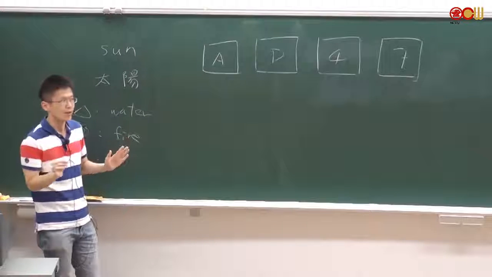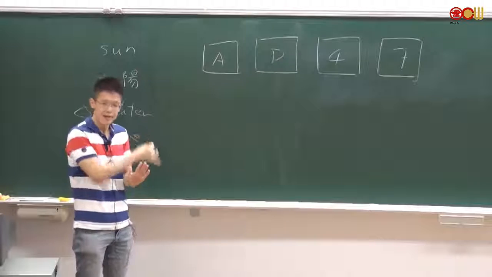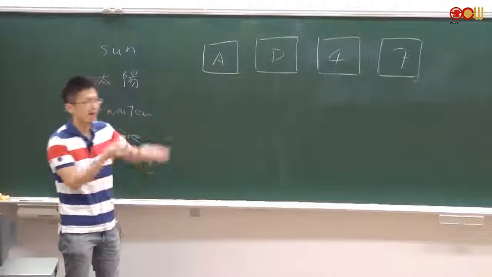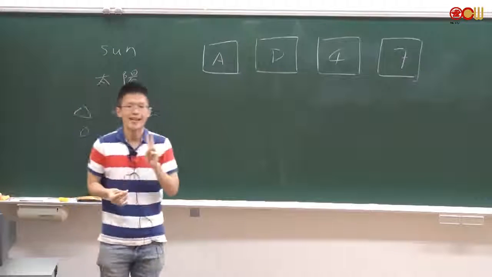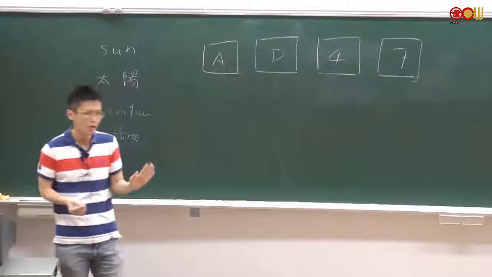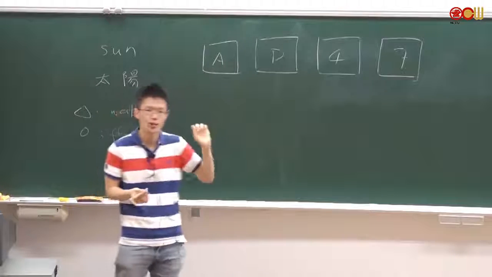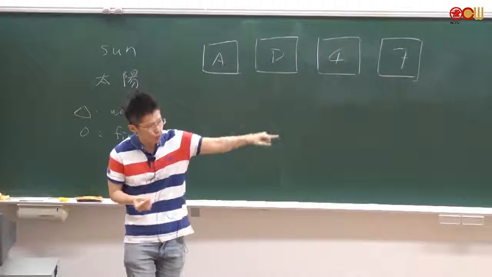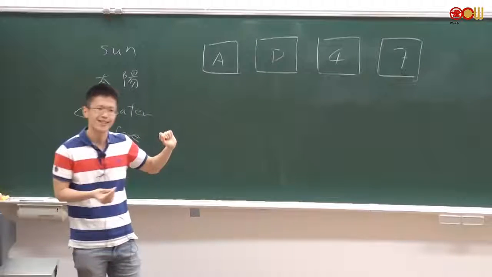So the rule is, if a card has a vowel on one side, it has to be an even number on the other side. And there are 4 cards here. If I want you to check just 2 of them, you can't check all of them, you can only check 2. Which 2 would you check? Which 2 cards would you flip to look at the other side?